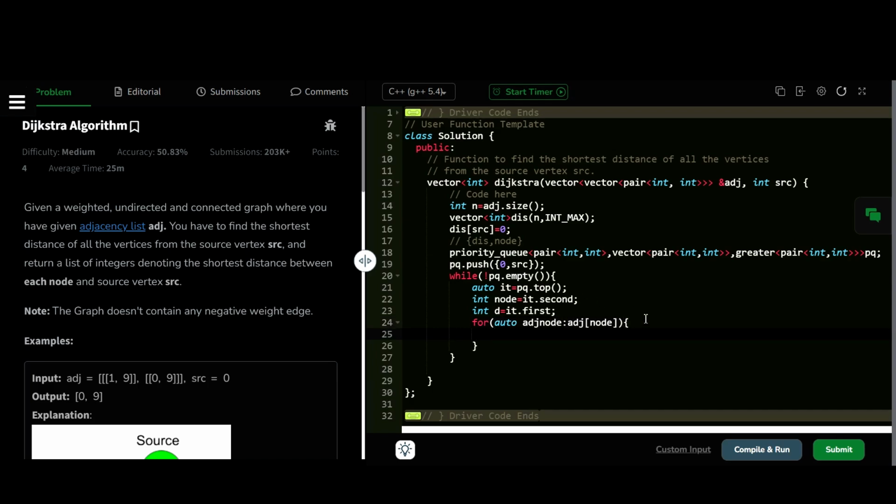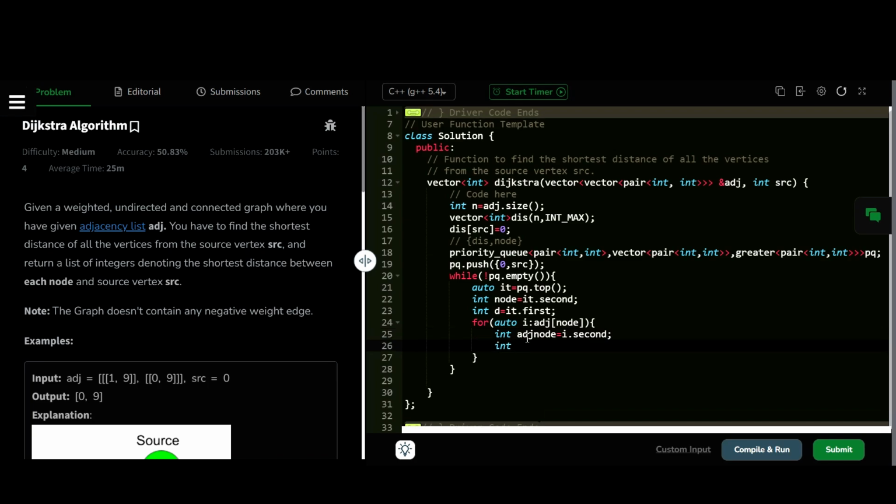So we have to take the adjacent node. Okay. Let's make it in iterator form, right? And we have the adjacent node equals to i dot second, and we have weight equals to i dot first. So this is i dot first, and we have adjacent weight equals to i dot second, right? If d plus w, the distance plus weight, is less than the distance of adjacent node,